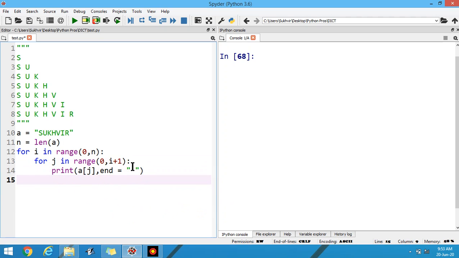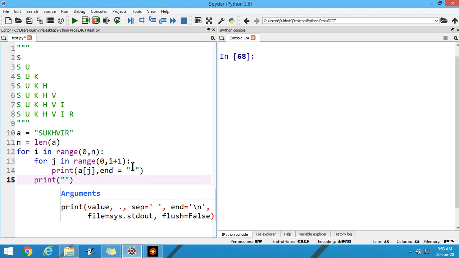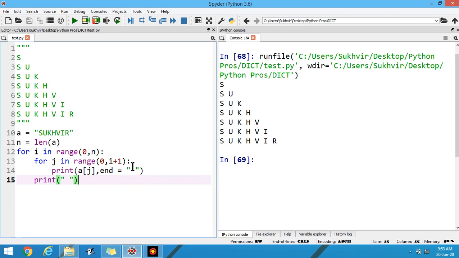It's to print the data in the same line, then print. Let us execute the program. You can display the data.